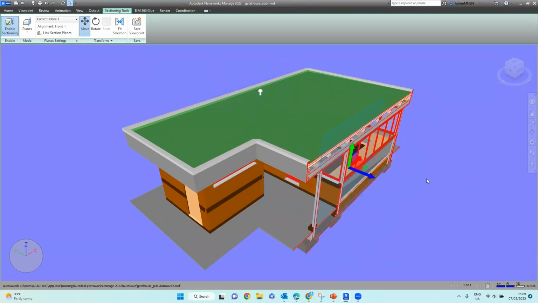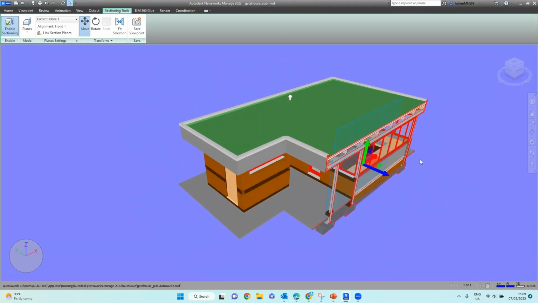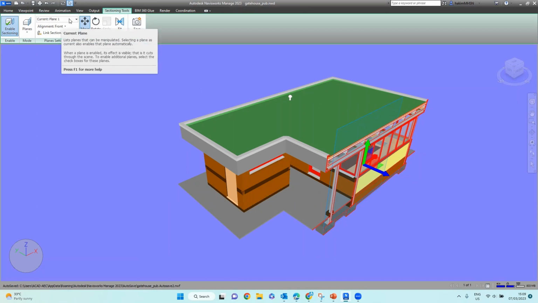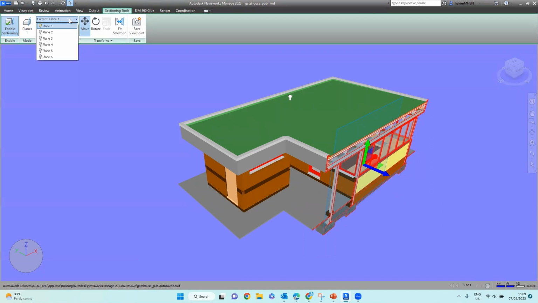Okay. So you can actually have multiple cutting planes as well. So for example, I want to cut it from the front and also from the top. So what I would do is I go up here where it says current plane 1, click at the drop down. So you have up until plane 6. So currently only one plane is turned on. You take a look at the light bulb here. Plane 1 is,